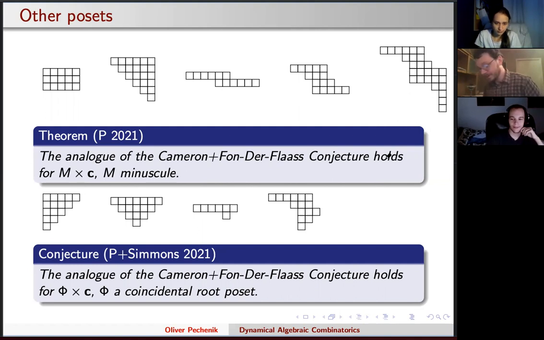The proof is not the best. The proof is by looking at each of these 5 things separately and writing down a separate argument for each one, which is not the right way to do it, right? There should be some sort of general thing that takes care of them all, but I don't understand what that is. Okay. You might wonder whether I'm proving it for these 5 shapes and it's actually true for basically every shape. I was just looking at these because I was silly, but I did some systematic looking. It's true for basically nothing, right? It's true for these 5 things and basically nothing else,